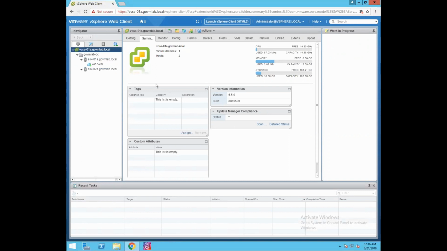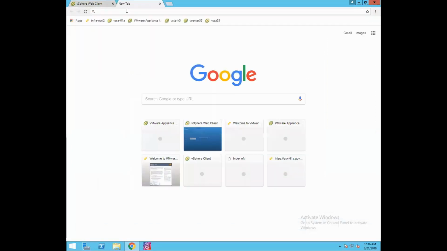Now let's take a backup of our appliance. As I mentioned, we can only take a backup of our VCSA appliance using the appliance management interface. So let's log in to the appliance management interface of our vCenter Server appliance 6.5.